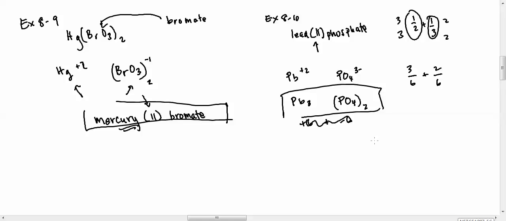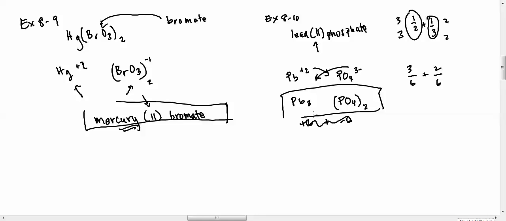Some people like to immediately go to the crisscross method, and all right, if you want to do that, that's fine. You just take that 2 over there and shove it down on the bottom in the subscript of the PO4, and you take that 3 and shove it into the subscript of the lead. Essentially, I guess